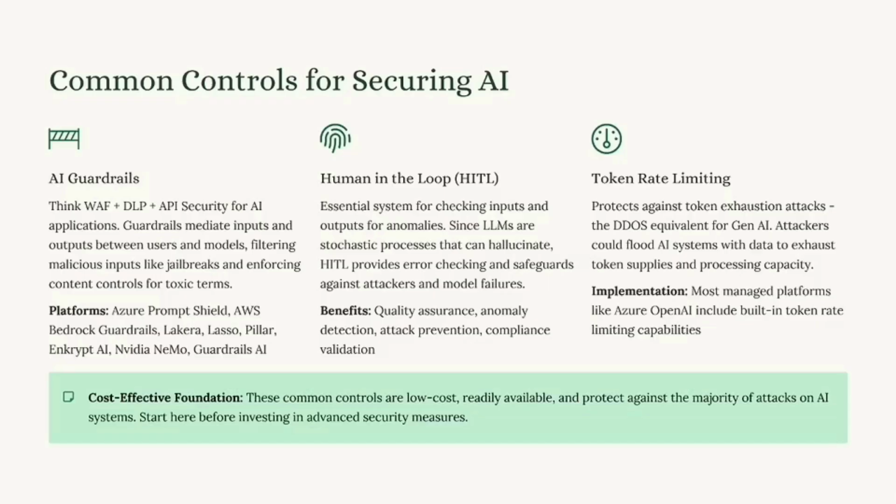This sits up in front of your AIs. It will filter all sorts of things. If somebody's trying to put in a malicious prompt to check out what data is in your environment, or to make your application do something it shouldn't, this will protect you. If you're trying to upload sensitive data, this could block that sensitive data. If you're trying to drain the tokens from the environment, it may protect you against those token drains. So that's one of the most common things you'll see. Some of the platforms that are out there: Azure Prompt Shield, which is on by default with Azure OpenAI.